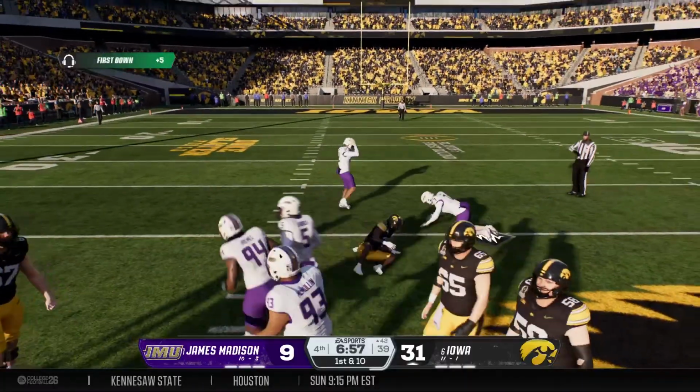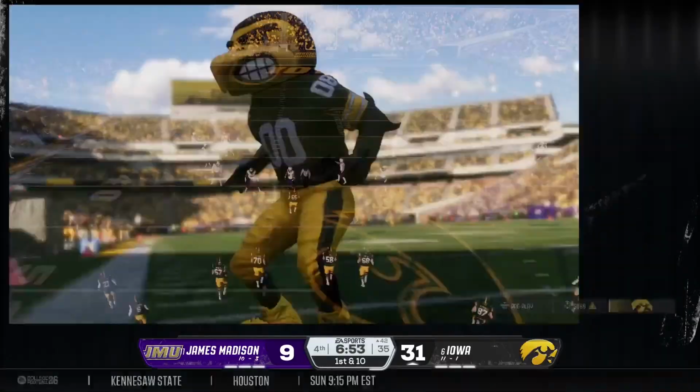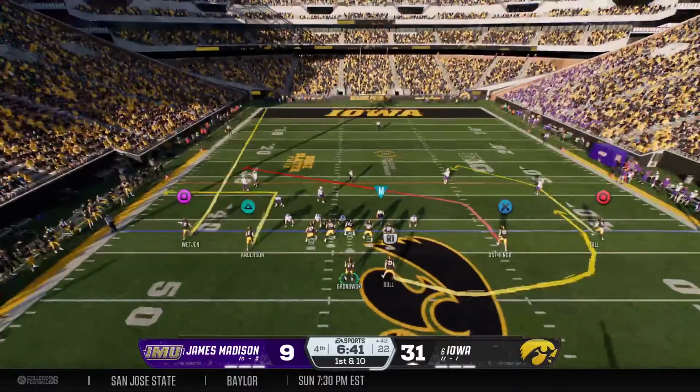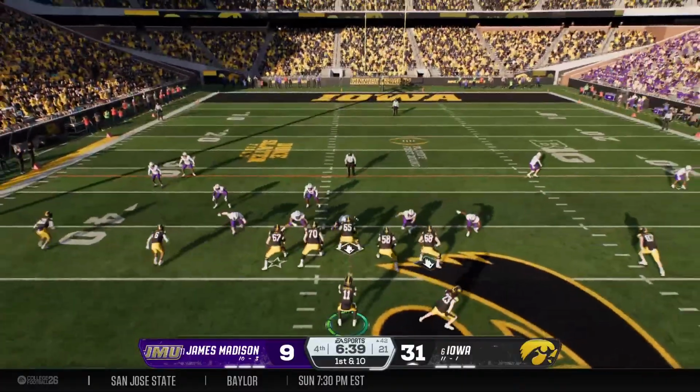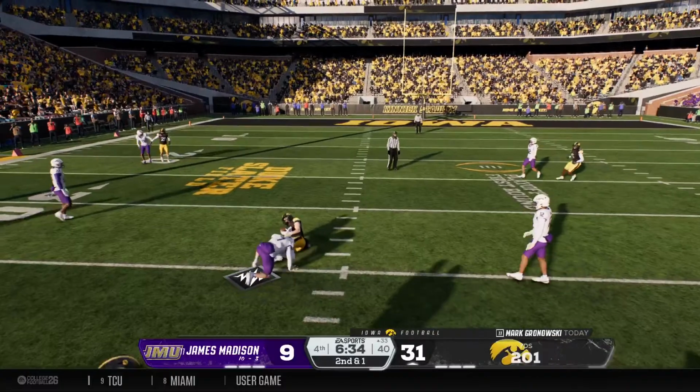He's stopped and gets a 1st down. Boy, this offense just seems to get more confident as this football game is played out. They've got a nice lead. Here they are in the 4th quarter, just working that clock, possessing the football, and trying to get out of here with a nice, solid victory.